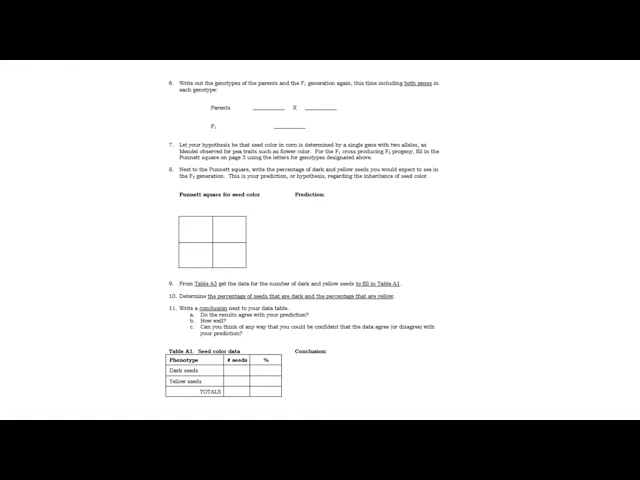Remember, each of those boxes is a 25% chance, and that's what my prediction is talked about in part 8 on this lab. And I can see I have 2 choices based on table A1, dark seeds or yellow seeds. And so I want to write in the percent based on my Punnett square, percent that should be dark, and the percent that should be yellow